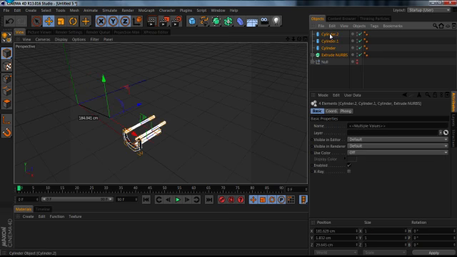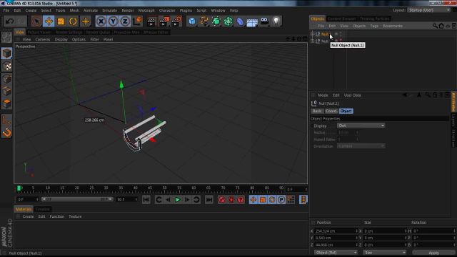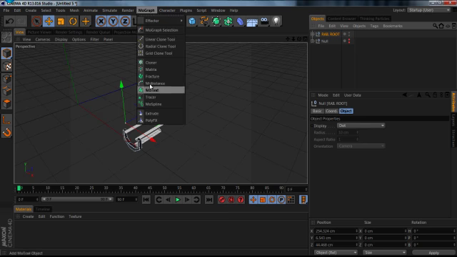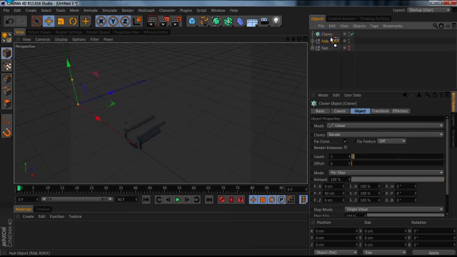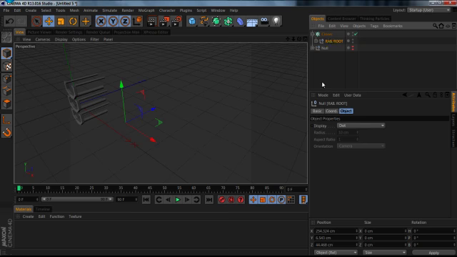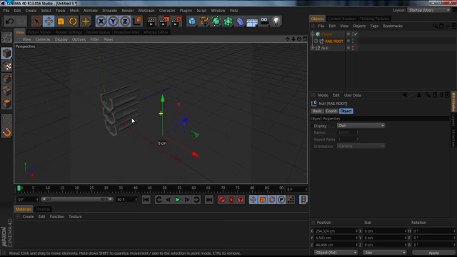And then next, I'm going to go ahead and group these as well, and I'll name this the rail route, because this is where I'm going to come up with the entire railway. So I'm going to go ahead with the MoGraph cloner, and I'll dump this in the MoGraph cloner, and as you can see right away, we have our